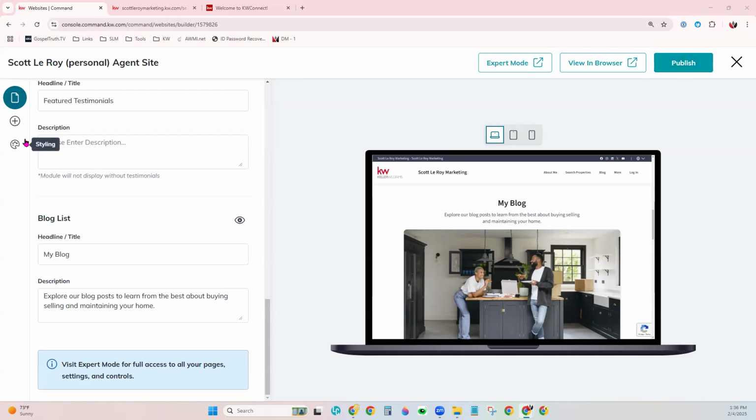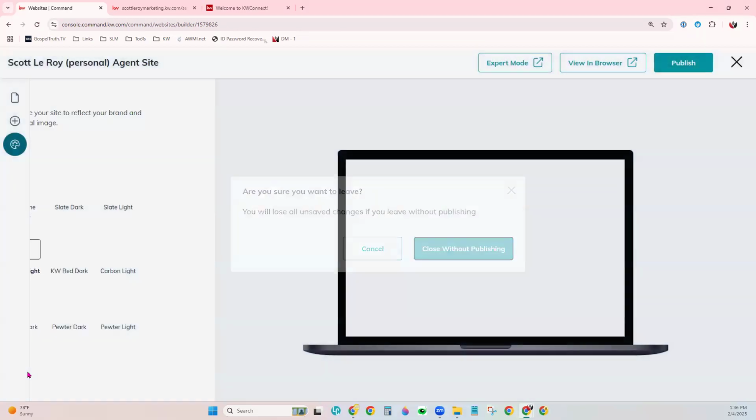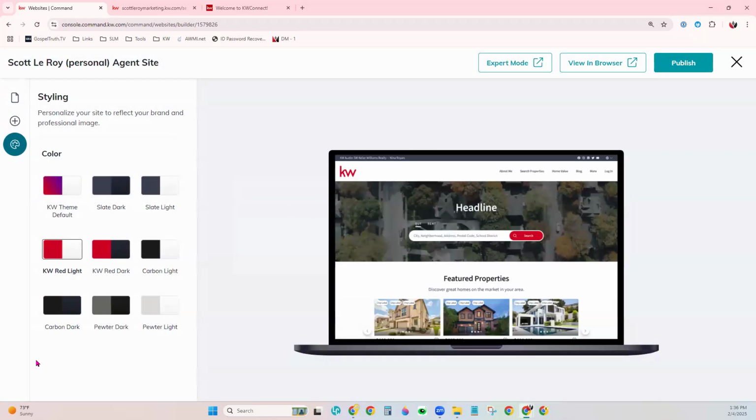One more little surface level change that you can make from right here before we jump into expert mode is right here with this little paint palette. This is styling. It's just asking me if I wanted to save my changes. I chose no. And so from right here, styling, this is a theme on your KW agent site. And so